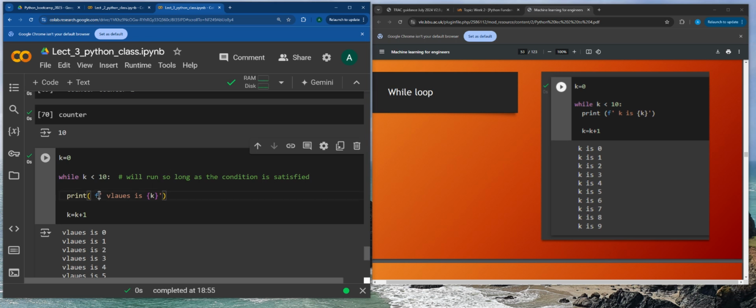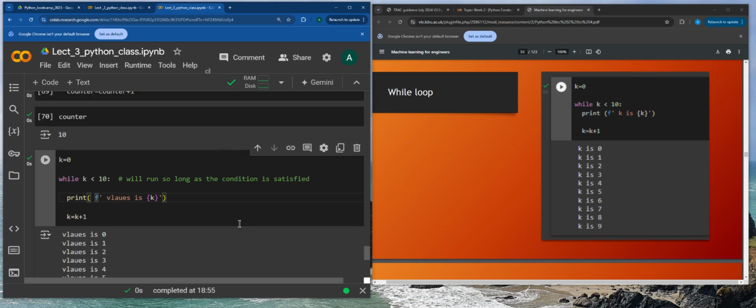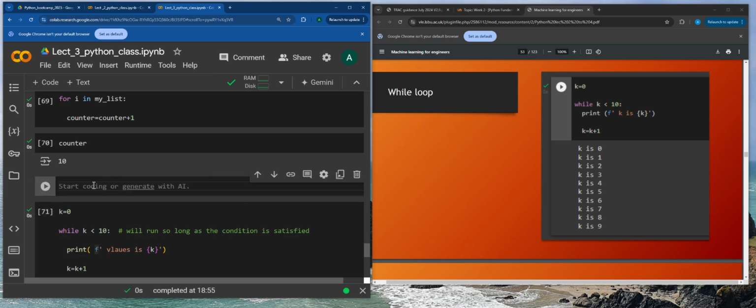Sorry? That's the F string. It's the last week's lecture when we were practicing printing. Yeah. So just for a quick recap, if I say print,